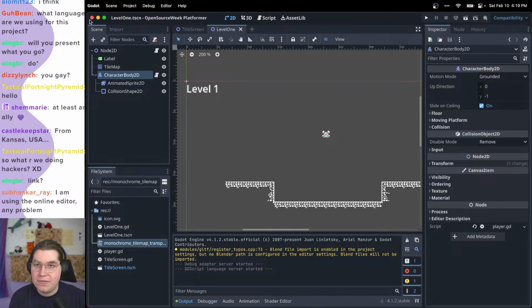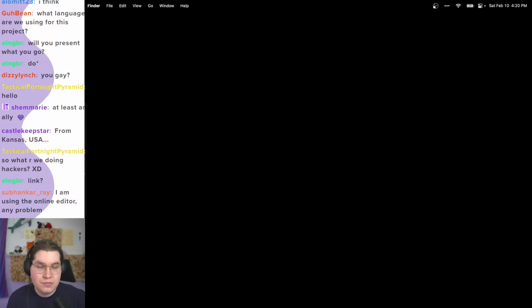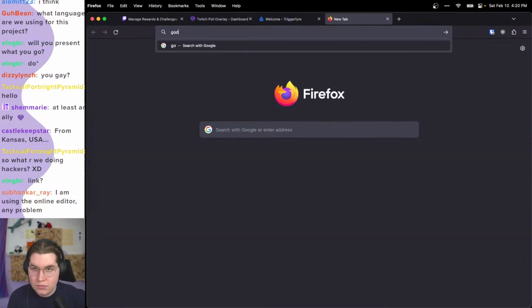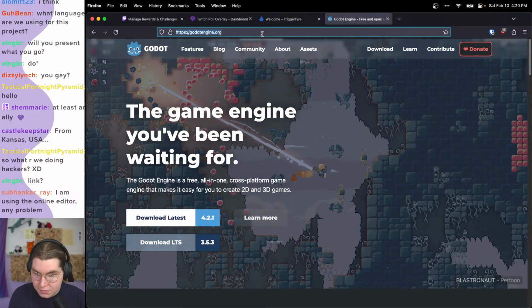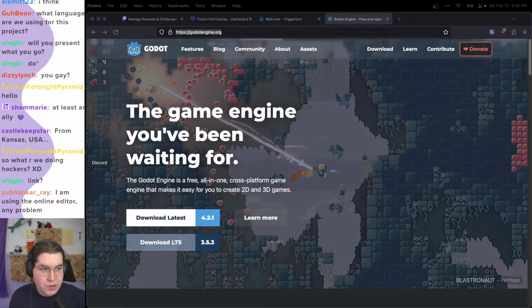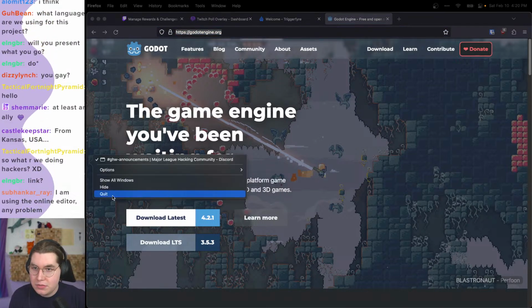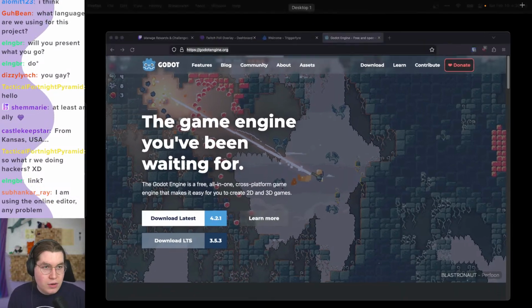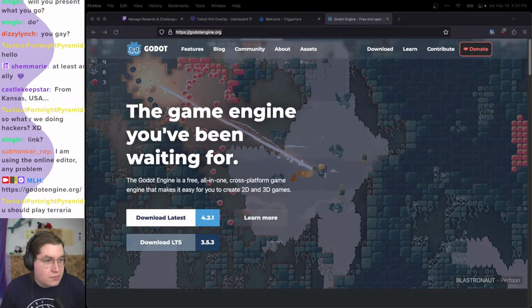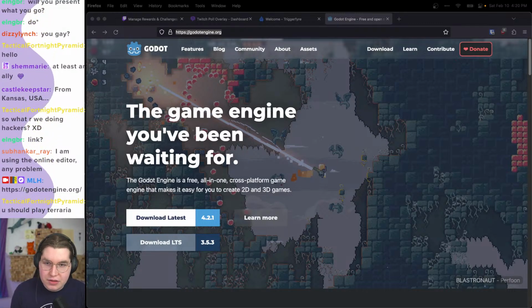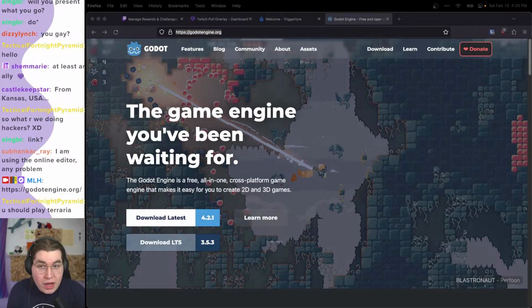Elena, link. Let me get that for you. We're looking at Godot engine. People are making some really cool things in it. Oh, I have so many windows and tabs. I'm using the online editor. Any problem? I have not used the online editor, and it is not designed to be production ready. But for the purposes of this, I think generally if your computer cannot run Godot